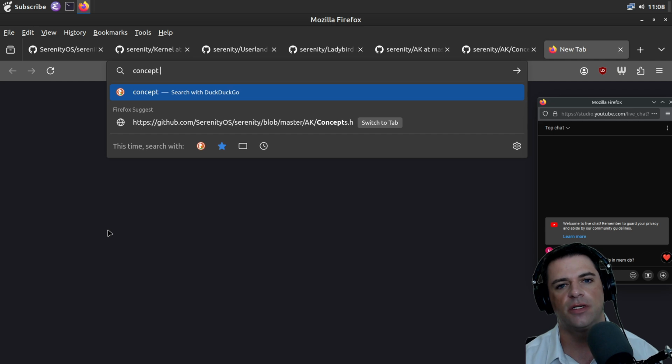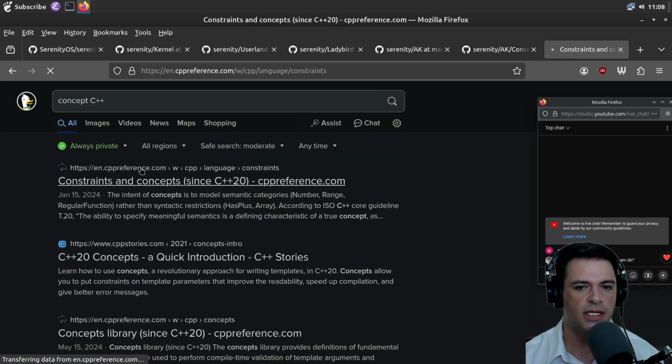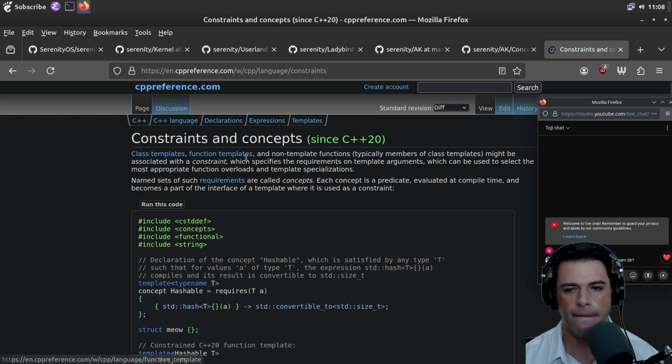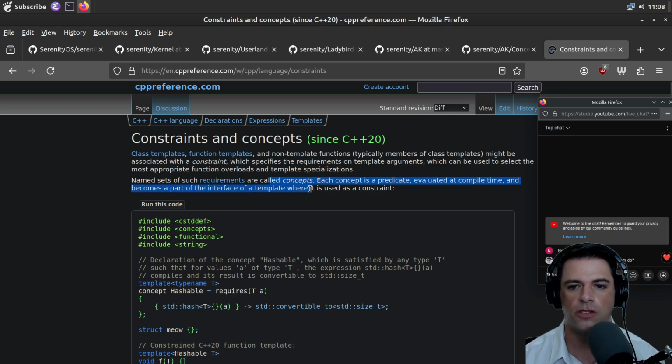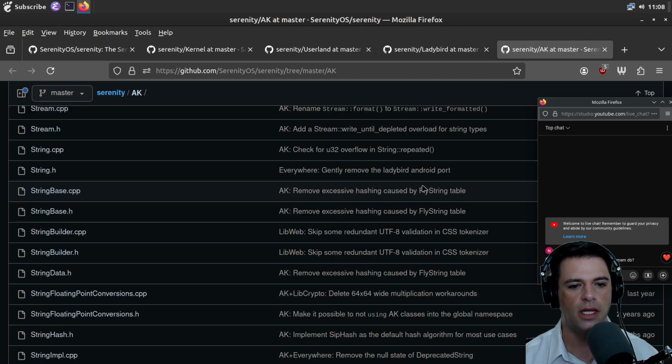Is concept a C++ thing? Constraints and concepts since C++20. Okay. Yeah, I think I was not using C++20. Named sets of such requirements are called concepts. Each concept is a predicate, evaluated at compile time, and becomes a part of the interface of a template where it is used as a constraint. So this is like constraints on metaprogramming. And that's cool, but that's not so informative about